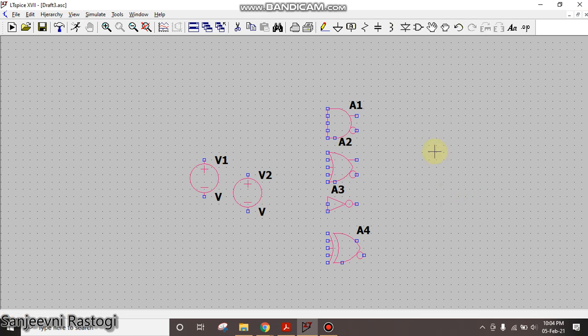So this is it. If you notice, in all these symbols we actually have two outputs, except this inverter. So what does this mean? The one without the bubble performs the operation of AND, and the one with the bubble performs the operation of NAND. Whatever is the output of the one without the bubble, the bubble performs the inversion operation on that output. Similarly, if this is OR, this will be NOR. If this is XOR, then this will be XNOR. Let us now provide the connections to these gates.